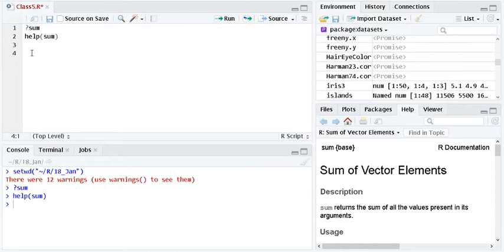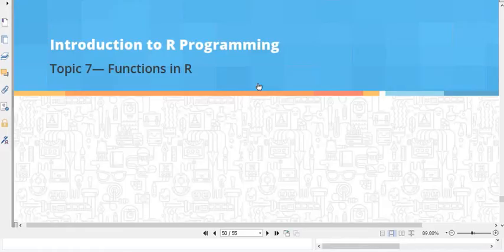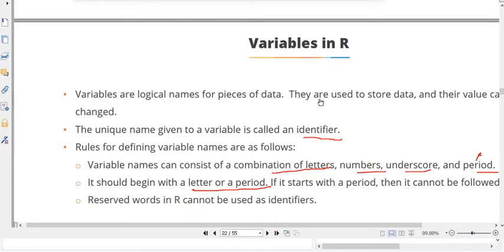So we'll start with the basic variable creation. Variables in R are created to store the data, with a unique name, which we already know. Variables consist of a combination of letters, numbers, underscore, and period.